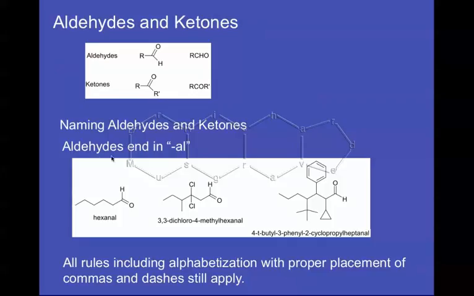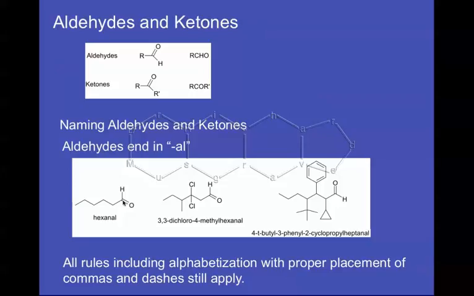When we're naming aldehydes, they always end in the suffix -al, so this would be called hexanal. There's no need to state the positioning of the C double bond O because we know it's going to be on the end of the chain. We also know that the numbering of the chain will begin at the aldehyde group and everything will be numbered